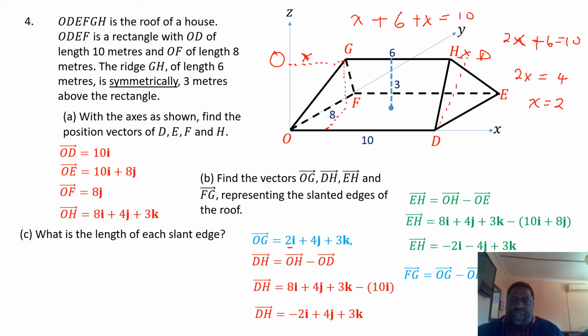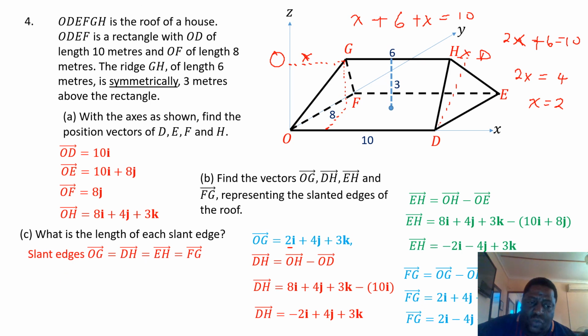Okay, so F to G again, you have to do each one of them and then you arrive at the answer. F to G is OG minus OF, and then you get those values. So the slant edges OG is equal to DH is equal to EH is equal to FG. All of these are slant edges, because we are looking for the length of each one of them, and the length of each one of them should be exactly the same. Okay, so the length should equal root 29, and you can actually calculate them all and you'll see you get